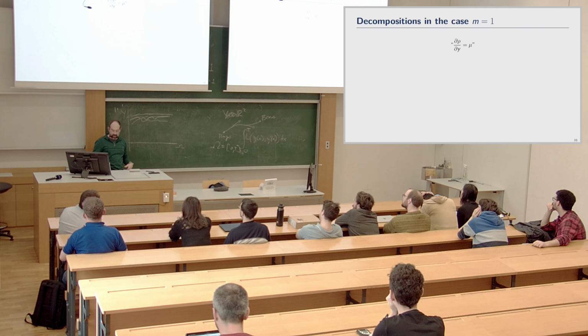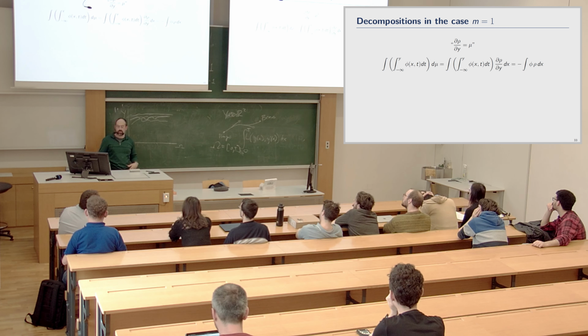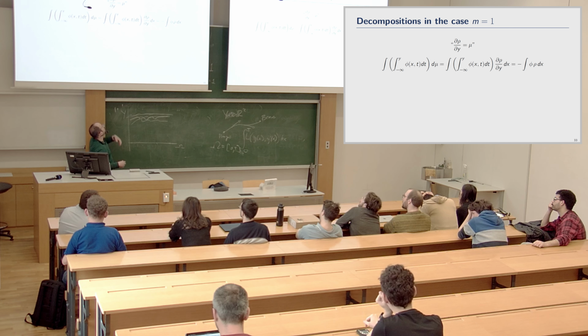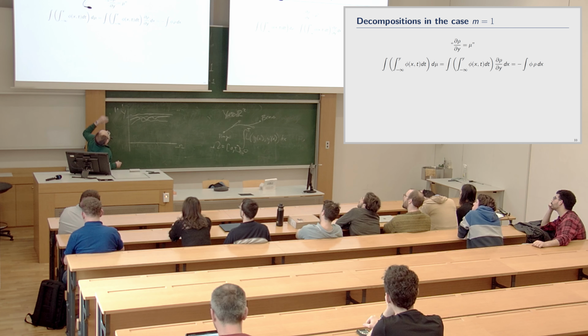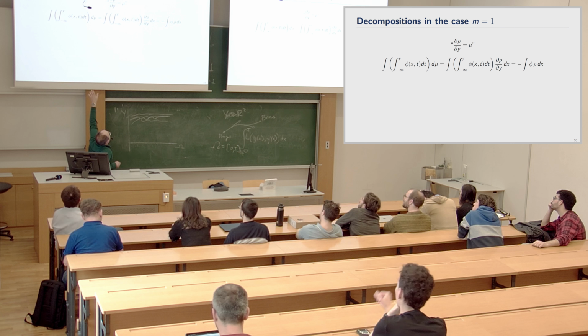And can you make that work? And so you start reasoning in terms of weak derivatives, and so imagine you have some sort of test function that looks like an integral of phi. So the integral of phi is like a test function, and